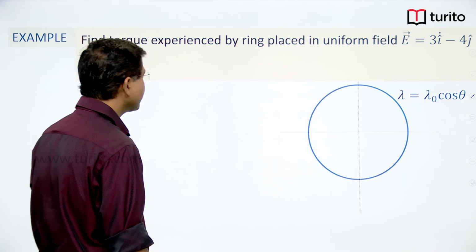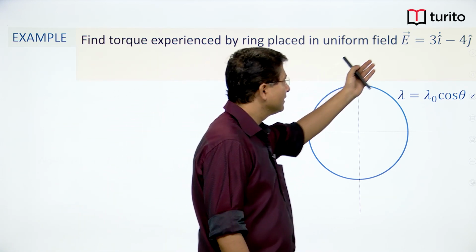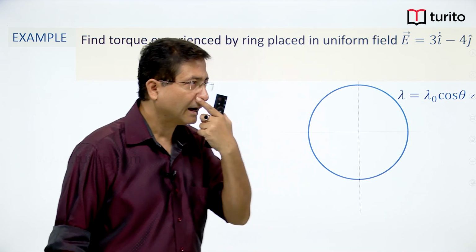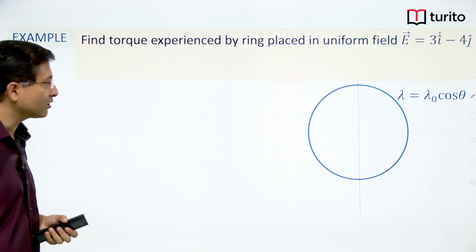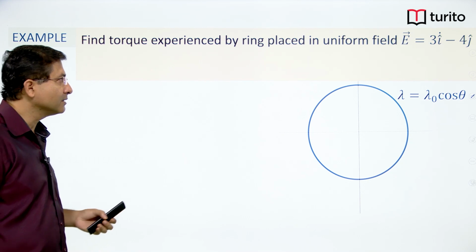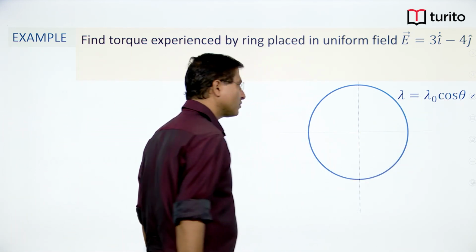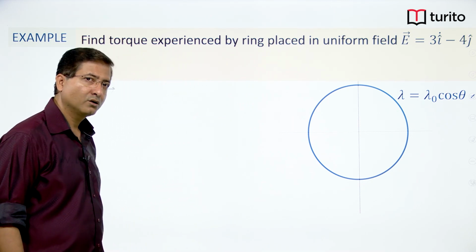Find the torque experienced by a ring placed in uniform field E is equal to 3i minus 4j, right, and charge is linearly distributed over the ring. So charge is linearly distributed over the ring and it is given by lambda is equal to lambda naught cos theta. So cos function,